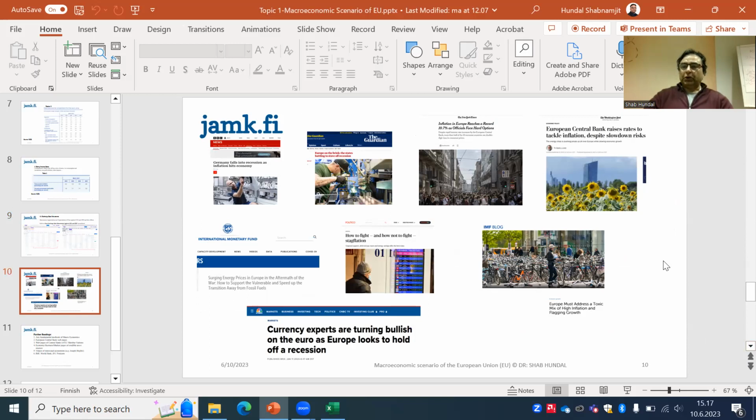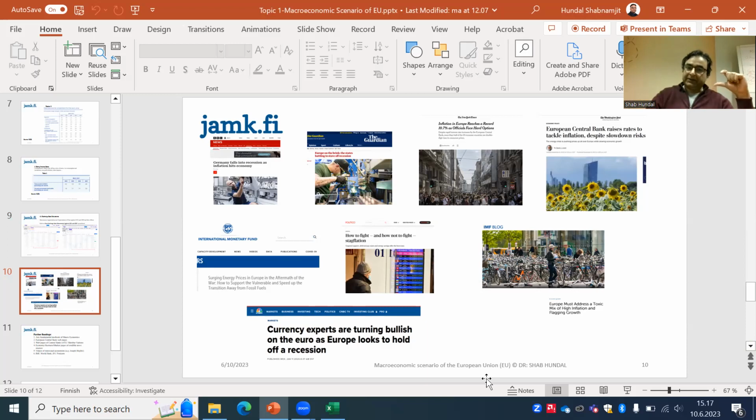So in other words, all the theories, because the basic idea of this topic was that I wanted to highlight the current macroeconomic scenario of the EU, but I also wanted to bring in those key theoretical concepts which we read in the books and we assume are never used in reality. But I try to explain the macroeconomic fundamentals of the EU in terms of some conceptual things. And I'm not the only one who is using these conceptual things. You can see the headlines of these media,